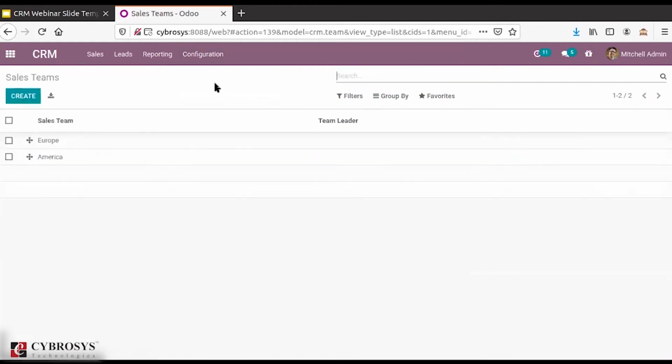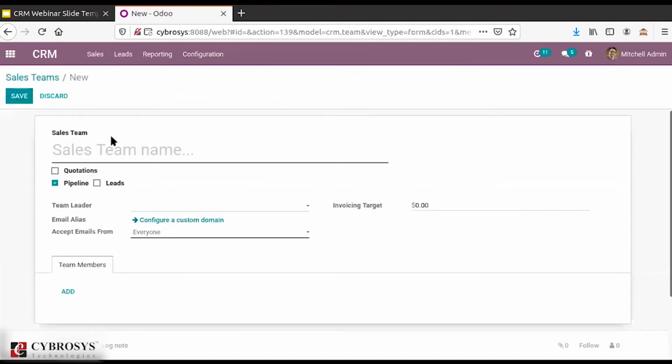Here we have the option to create a sales team. You can see the already created 2 sales teams. Now let's create a new sales team from here. Here you will have the option to provide the name of your sales team.